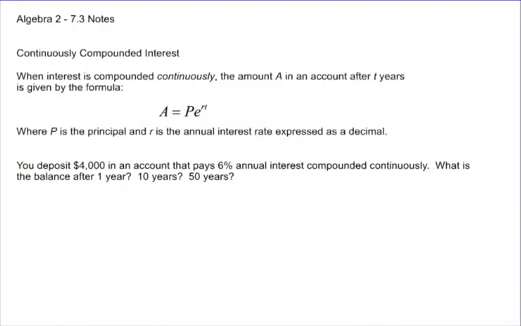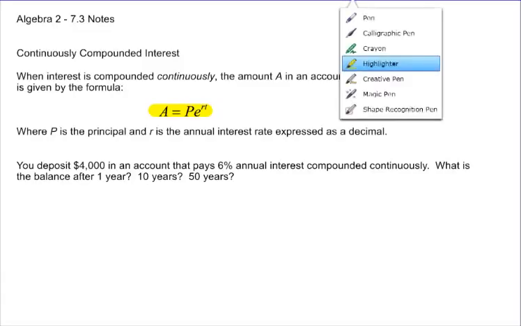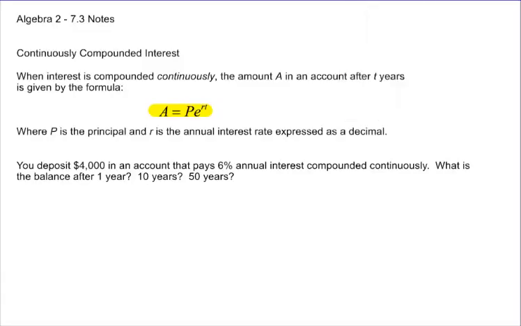Alright, so the last thing in this section is talking about interest compounded continuously. And so we get this formula here, and this works for money that you're putting in the bank. It's A, which is the amount of money in an account after t years, given by the formula A equals Pe to the rt. P is principal, r is interest rate as a decimal, t is time. Okay, so let's just set these up. If we deposit $4,000 into an account that pays 6% interest annually,